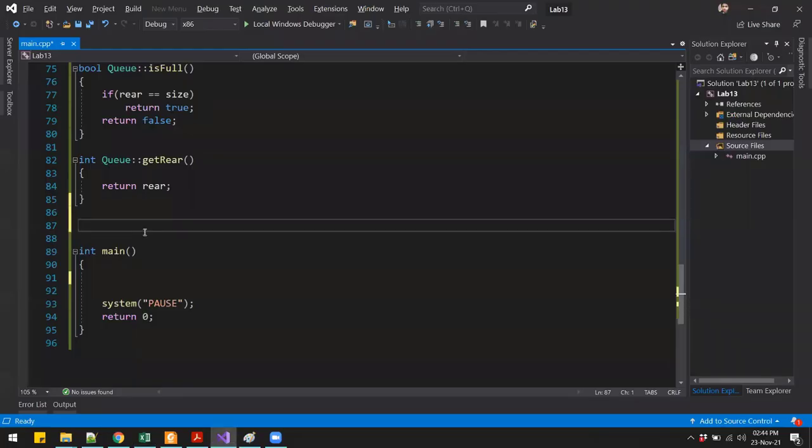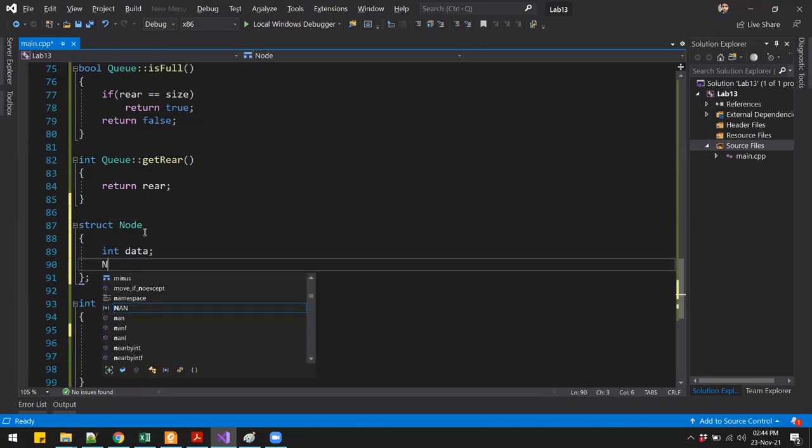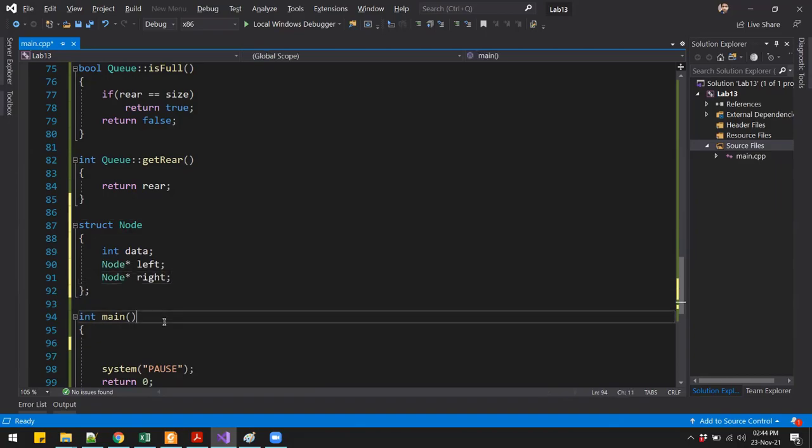So I'll declare a struct called node, and we will have some components in here. We have a data component, and we will have two pointers of type node. One will be the left child, and the other one would be the right child, right? Something like that. So that is our node.